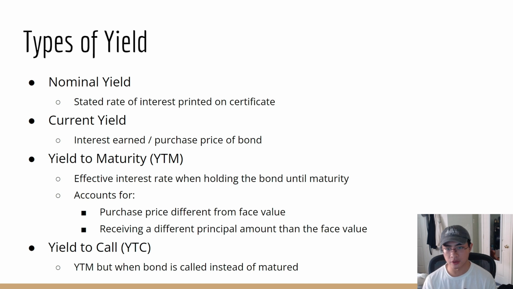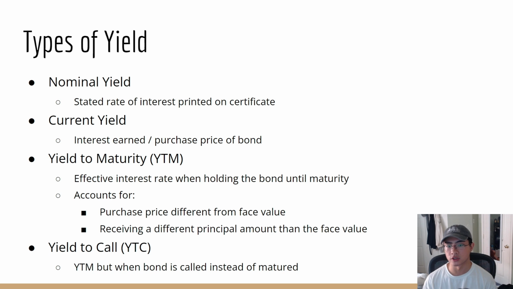So this essentially means if you bought the bond at like a cheaper amount than the face value of it, then that means you bought it at a discount, right? That means that the yield is actually going to be higher than the rate. The rate could be 5%, but the yield might be 6% or even more because you bought it at a discount. There's also yield to maturity, known as YTM.